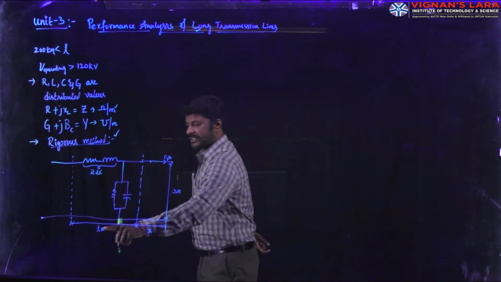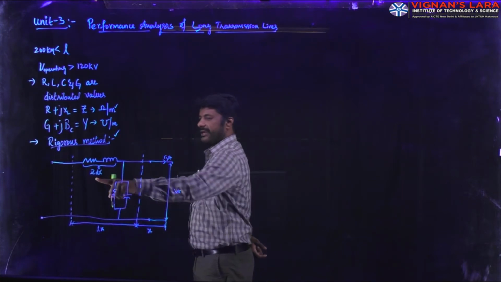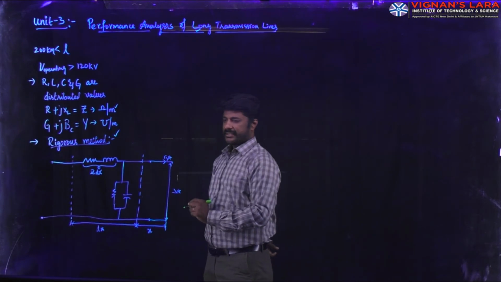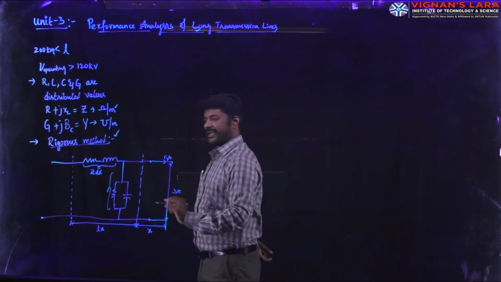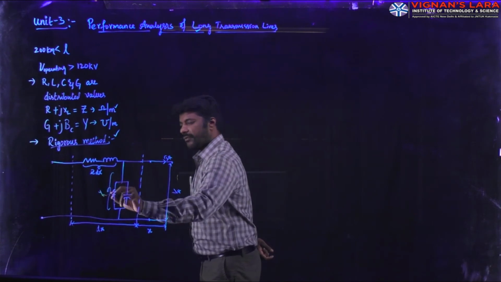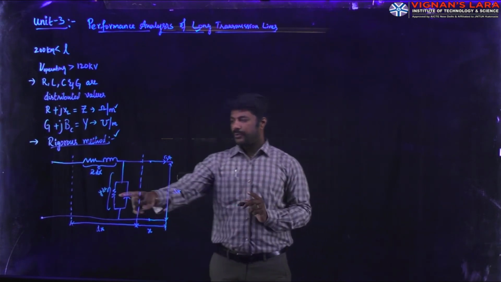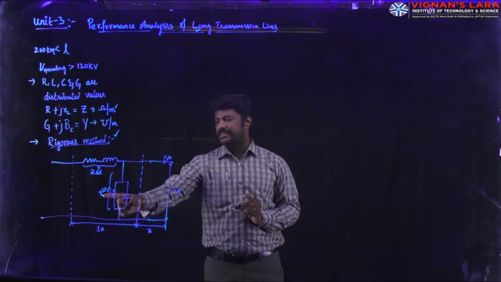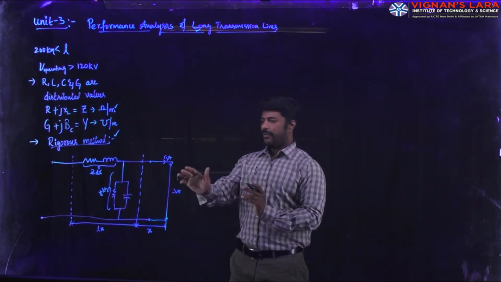How many meters have we assumed? dx meters for this small finite length. That is why the impedance for this sectional length will be Z dx. Whereas the shunt admittance will be Y dx, where Y is the mho value per meter length. Like that we have dx meters in our analysis, which is why the entire admittance for that sectional length will be Y dx.